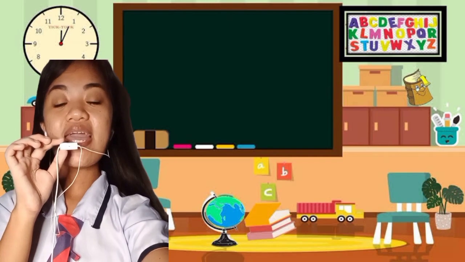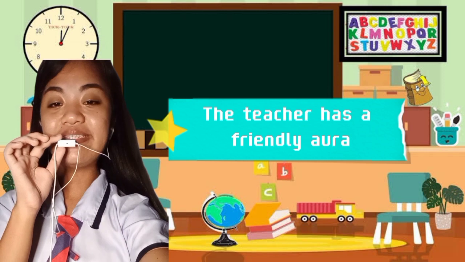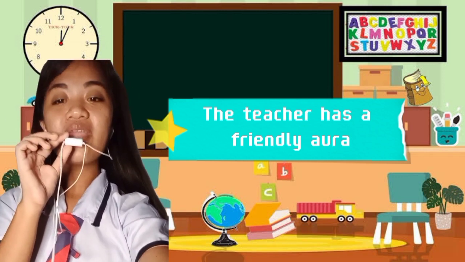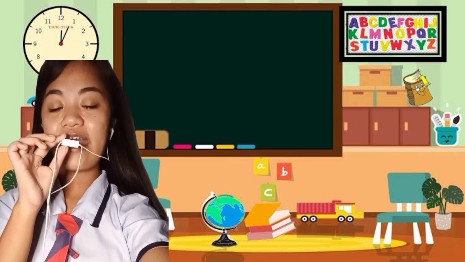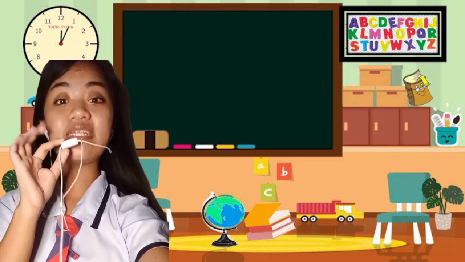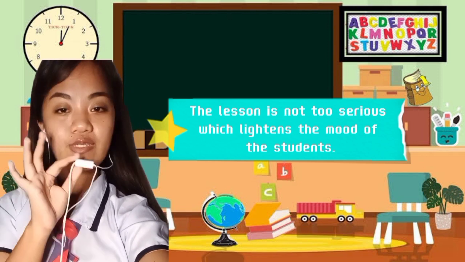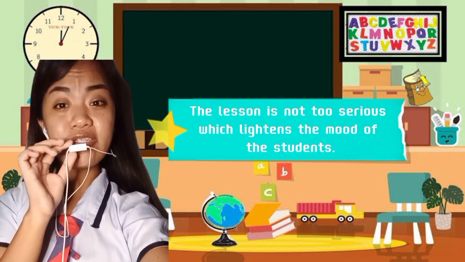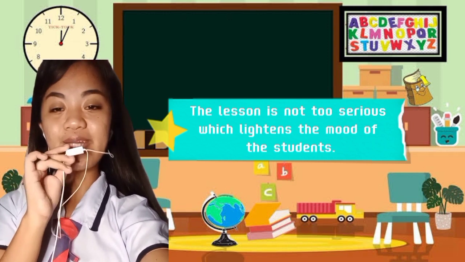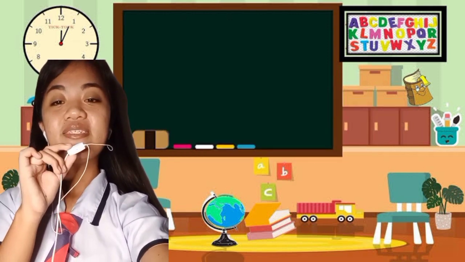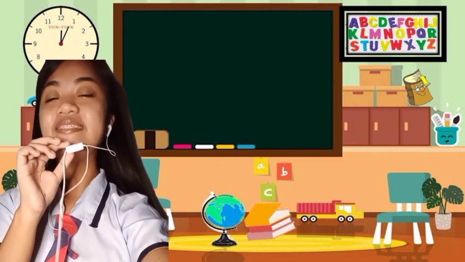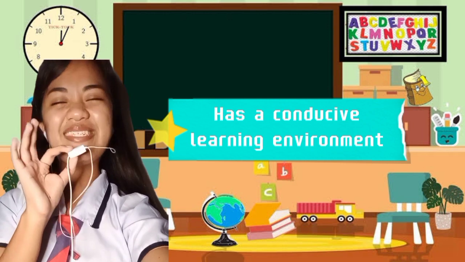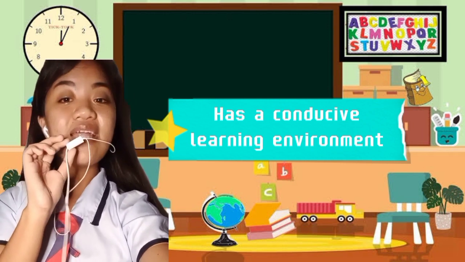The fourth is that the teacher smiles all the time and has, again, a friendly aura. Number 5 observation is that the teacher jokes around or inserts jokes during the discussion, which makes the discussion more fun and interesting. The 6th observation is that the classroom seating arrangement was designed in a way that the students